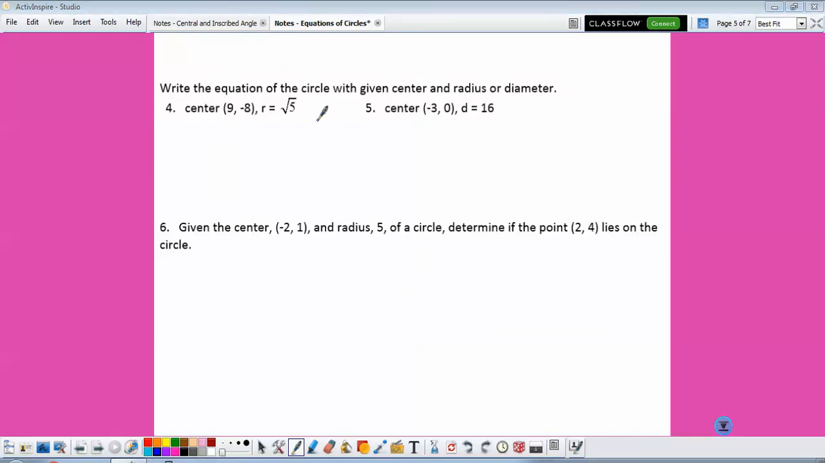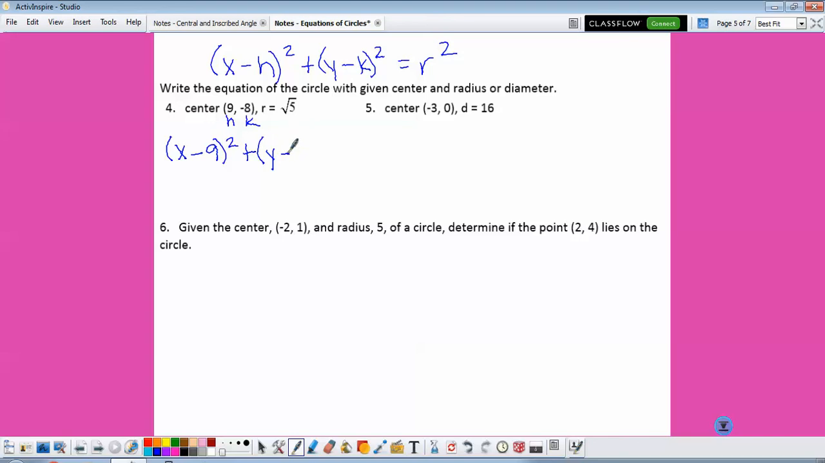This time it gives us information and asks us to write the equation. So I'm just going to rewrite our formula so it's on this page so we can see it. This formula is on your SOL formula sheet, so you don't need to memorize it. So our center, remember that's our h and our k. So we'd have (x minus 9) squared plus (y minus -8) squared equals the square root of 5